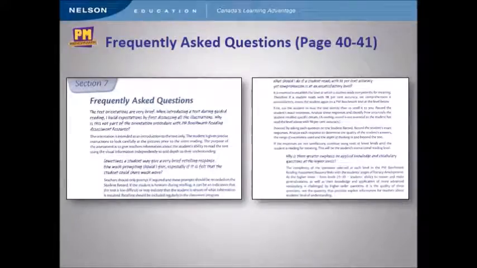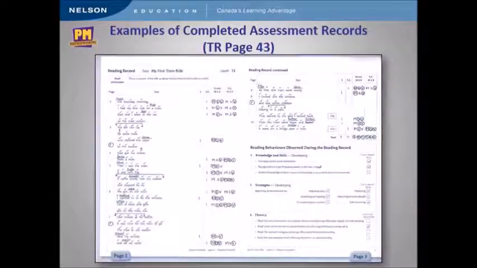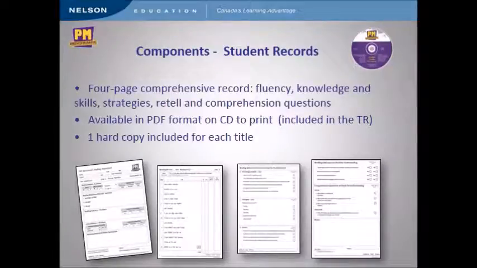Pages 40 and 41 will provide you with the responses to the most frequently asked questions by teachers. On page 43 and following in the teacher's guide, you will see some examples of completed assessment records at different reading levels. This will give you an opportunity to see how the teacher has completed the various sections. So the reading record, you'll see the reading behaviors, the retelling, and the comprehension, as well as the summary sheet at the beginning. We've now finished looking at the teacher's resource, so we'll now proceed to examine the student record